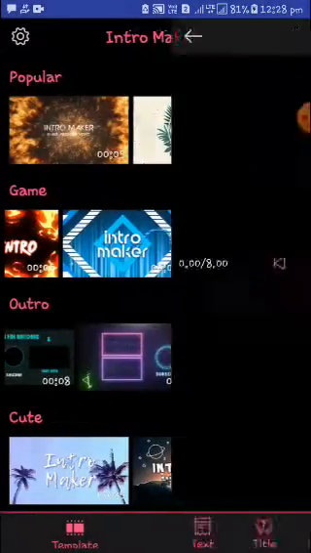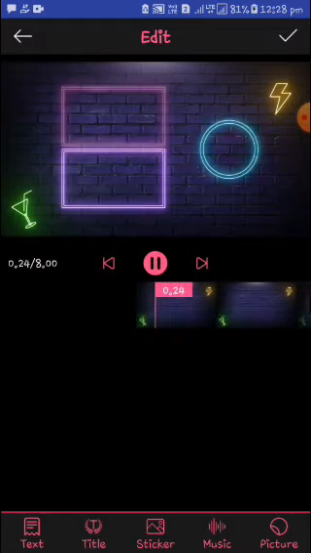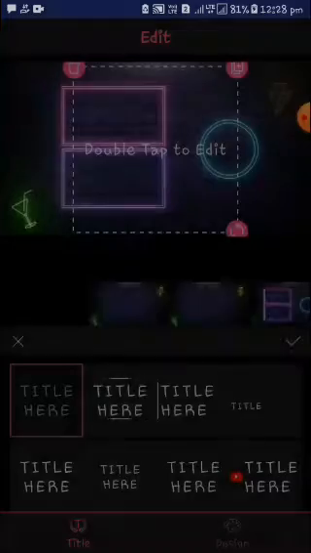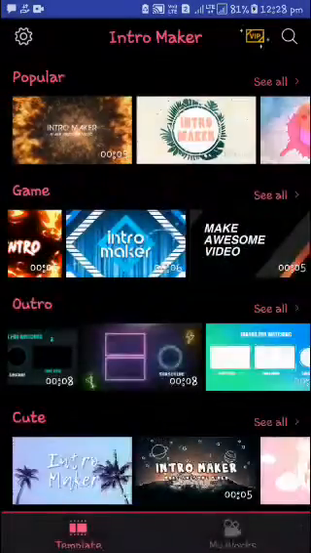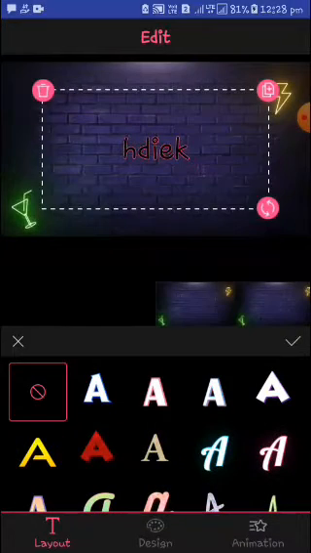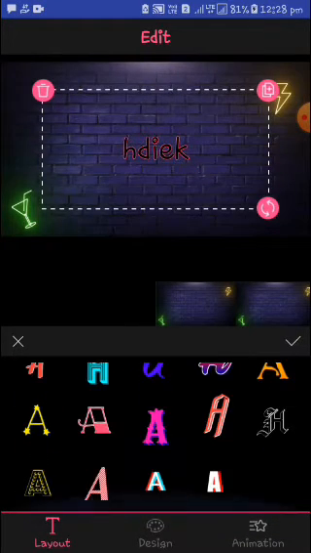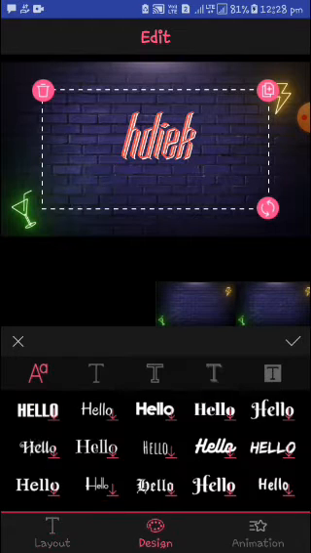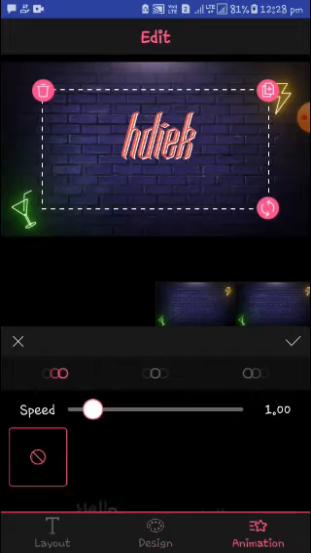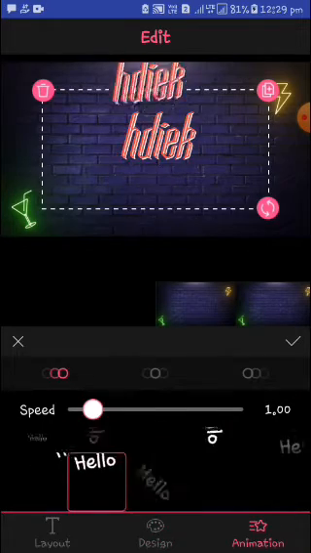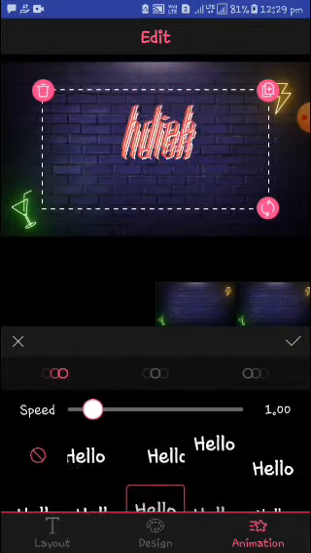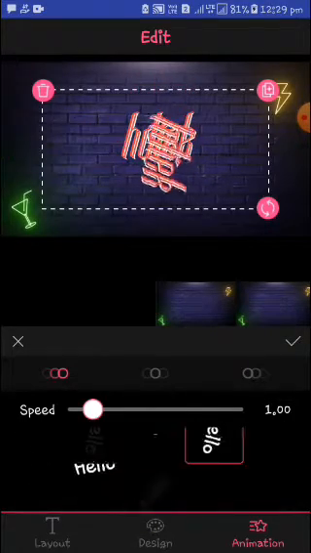I have downloaded it. As you can see, I'll type some text. Title is not there, guys. Text, okay, something, yeah. After that, fonts also, some fonts will be in the premium version, guys, I'll show you. And these are the letters and animations, guys. These all will be in the premium version. Only the first line will be in the normal version.